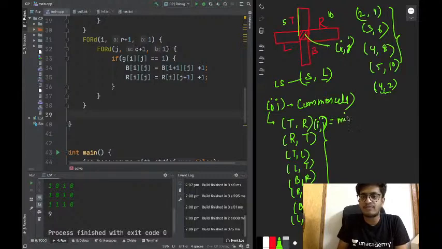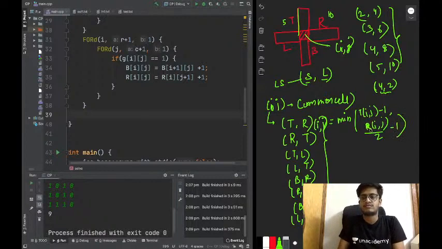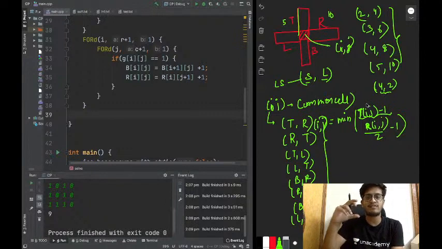It was the minimum of the t value Tij minus 1 and Rij by 2 minus 1. Right? Because the shorter segment can offer these many L shapes. If the shorter segment length is at most 5, then it can offer 4 L shapes: one each with shorter length 2, 3, 4 and 5. Length 1 is not possible. So length minus 1.